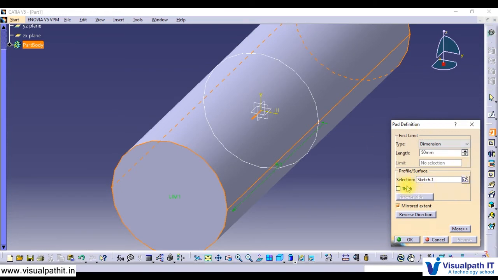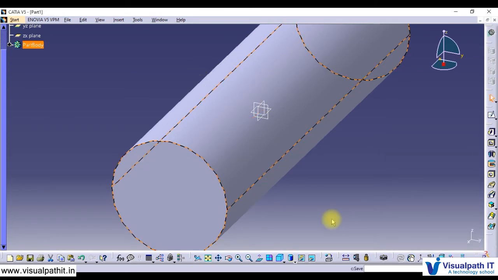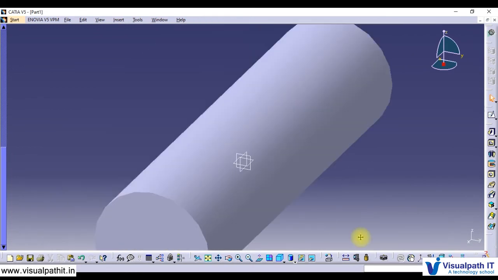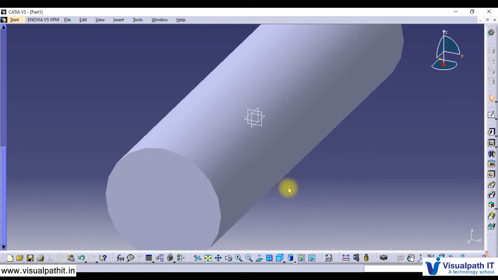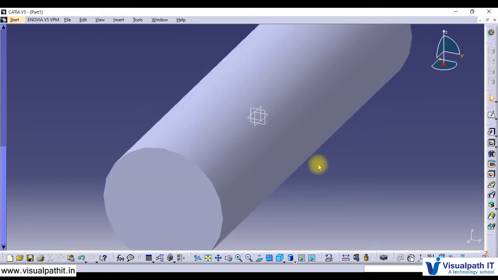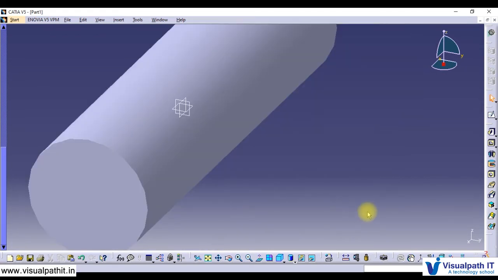Okay, so this is what. If you are okay with it, click OK. Finally, you have your model. Here if you want to move, same, have the middle button clicked and move, and your screen will move. If you want to zoom, have the middle button clicked, once click the right button, and you move up and down, and your object will move